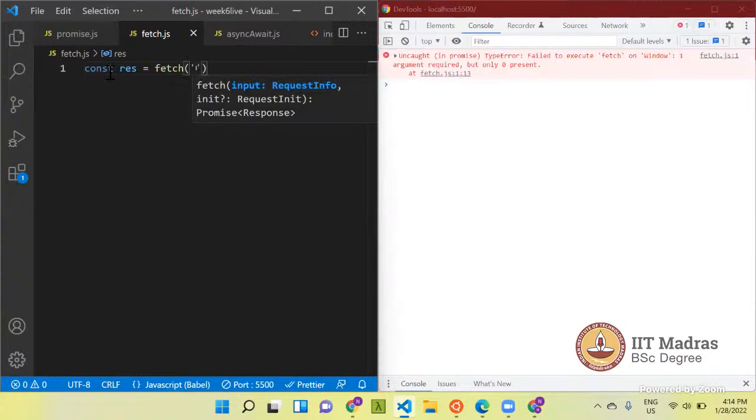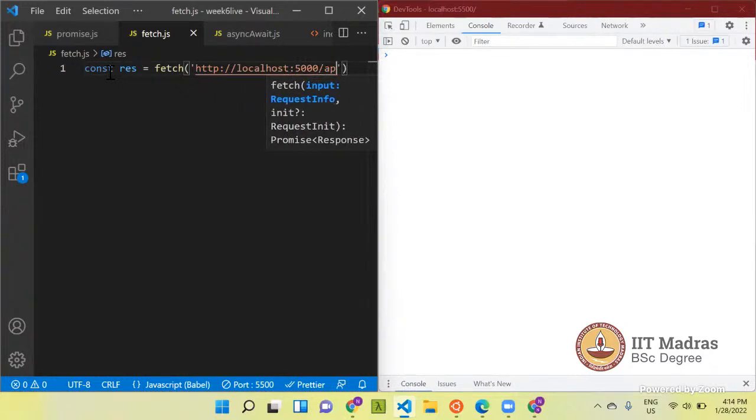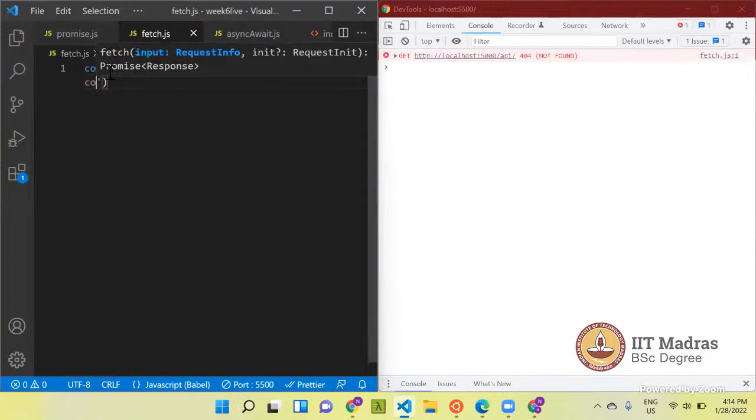and HTTP localhost 5000 API plus process plus 4.